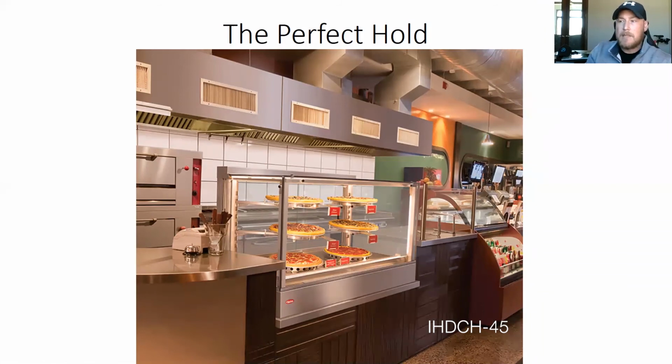And with that said, we're going to cruise into the perfect hold. What we want to talk about today is going to be kind of 3 parts: who this customer is, what's required to meet the requirements of this customer, and what kind of products can do this. So number 1, let's talk about some of the most difficult holding that there is. I know we've covered some fried product and things like that, but let's talk about what this customer is looking